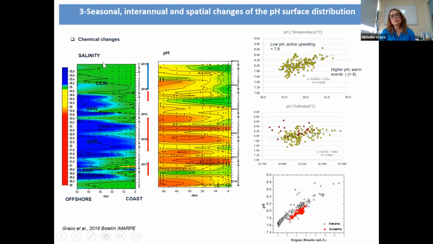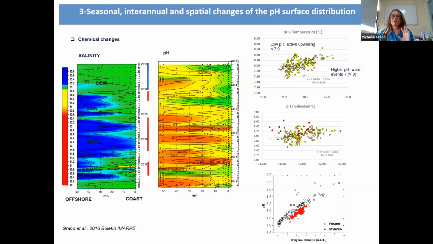I only ask that you look at the green versus the blue. The green is the cold coastal water, that is the upwelling waters. During a normal year, you have this condition, all coastal water, and very low pH that goes to the oceanic part. And in the oceanic part, you have high levels related with another water mass, the subtropical surface water, that during El Niño comes into the coastal area, very significantly modifying the condition of the pH, increasing this pH,